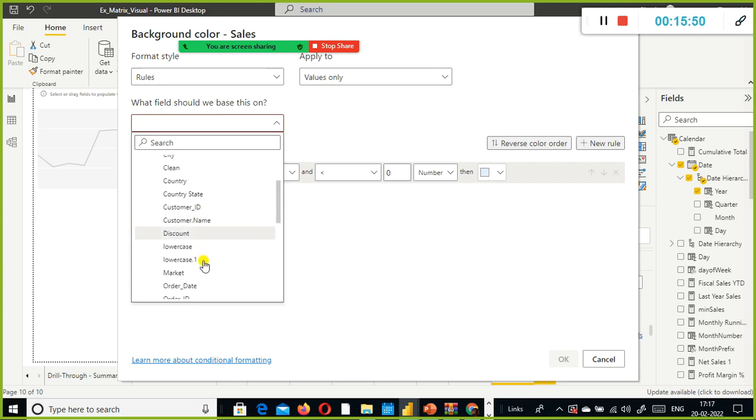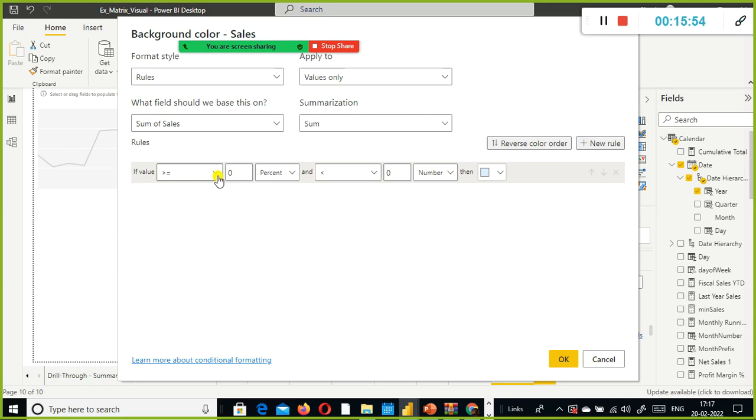So here I just say the sales. If value is greater than or equal to 0, and let's say less than, and let's say I go and say 5 lakh.